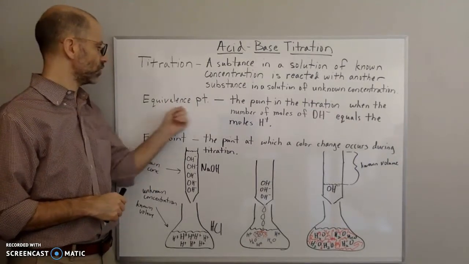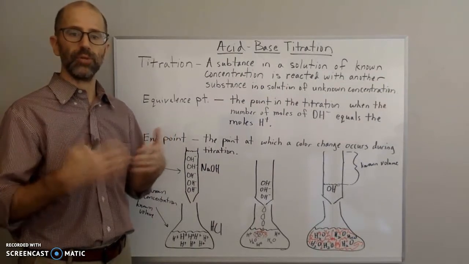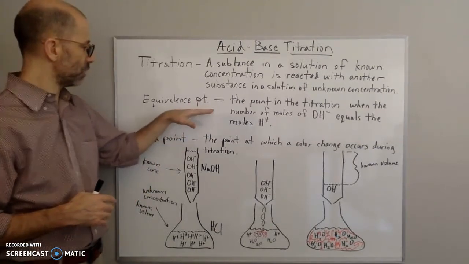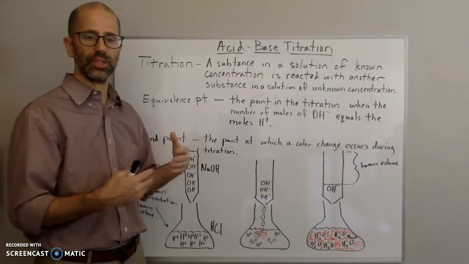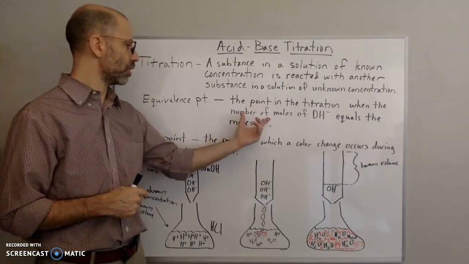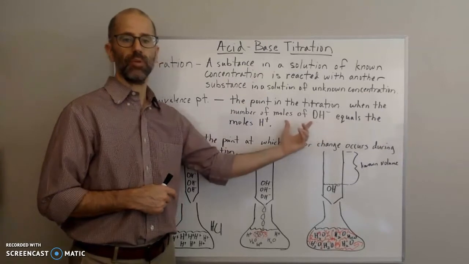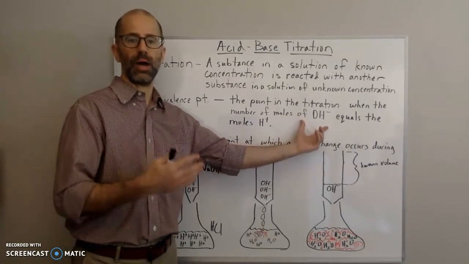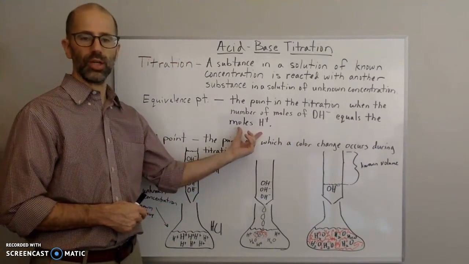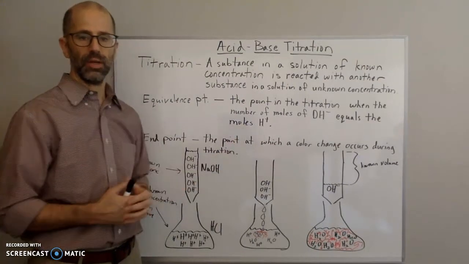So when you reach what is called the equivalence point, where you've completely neutralized, or you've completely reacted one substance with the other, in an acid-base titration, that's where you're going to reach neutralization, where there's no more acid and base. And so that point is going to be when the number of moles of, say, for example, if you're adding OH minus, then the number of moles of OH minus that you've added, or the moles of base you've added, is equal to the moles of, say, the hydrogen or the acid that you were neutralizing. Okay, so